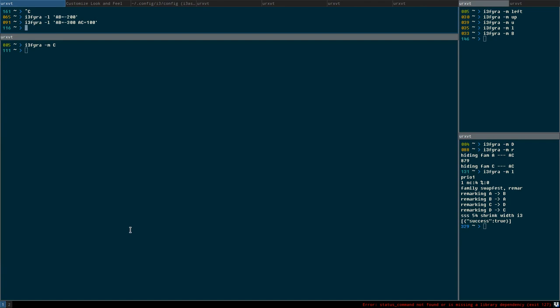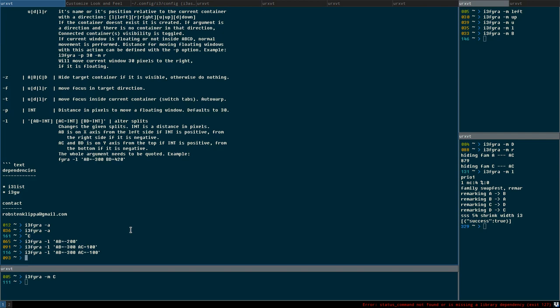Like that. And we could make this negative 100 like this. And you can even put in all 3 splits in one command. But one of the nicest things with this command is that if I hide now the B and D here,